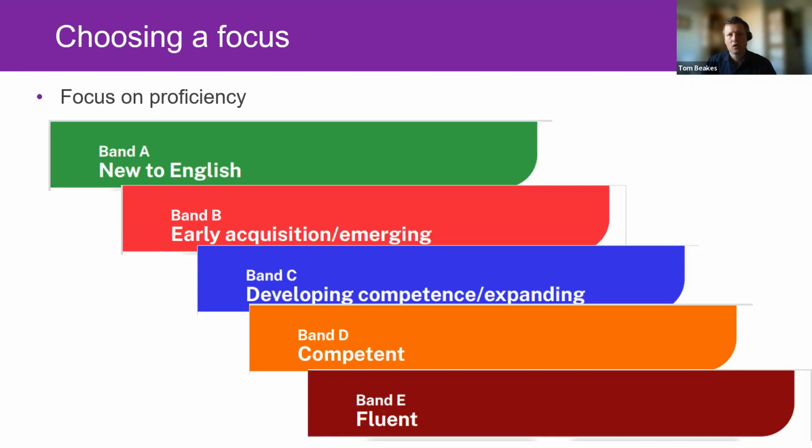Another thing, of course, you could look at is proficiency. So maybe there's a particular group of plurilingual students in your school who aren't reaching their potential. For example, maybe your provision is fantastic at supporting those band A and B learners who are arriving in the school, but it's lacking perhaps for those more competent learners who don't need that really targeted withdrawn support, but they're getting left behind in some of the more language heavy subject lessons.